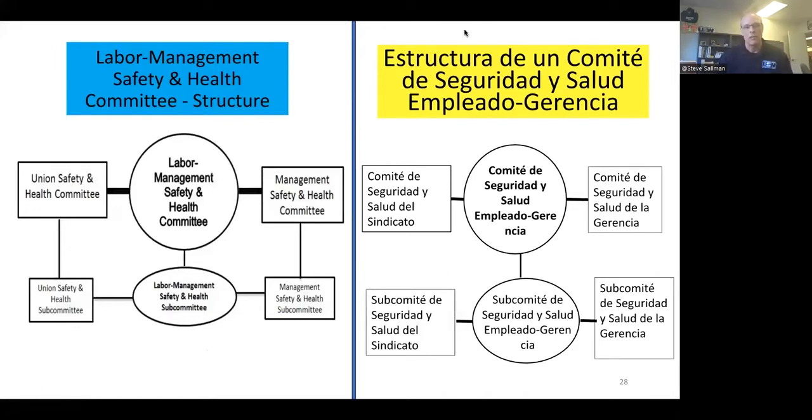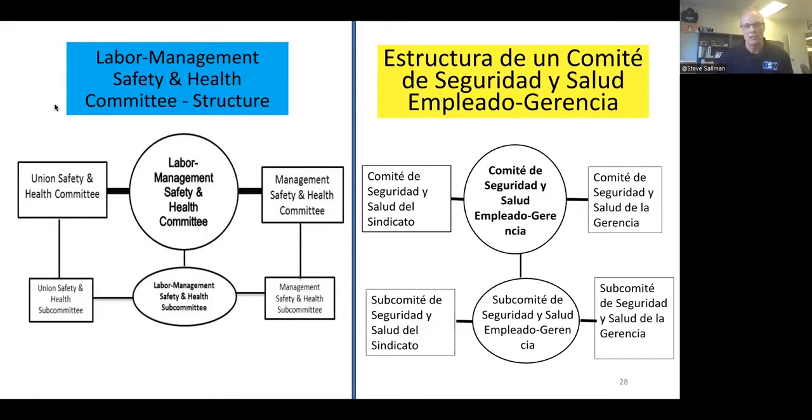Either way, depending upon your workplace, it might be big, it might be small. You might need the top row, a labor management health and safety committee, to deal with things facility-wide. You might need something at the lower level, a subcommittee, to deal with departmental issues. But the most important part about this structure, whether it's the top row or the bottom row, is the left-hand side, and that is the union or worker health and safety committee. That's where everything starts, and that's why I started my presentation there, to make sure everyone understands its importance.